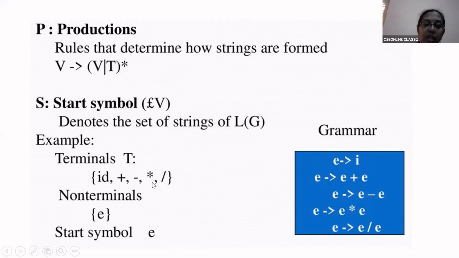The non-terminal is E and the start state is also E in this grammar. For better representation you can use uppercase letters for non-terminals and lowercase letters for terminals. Hope it is clear.